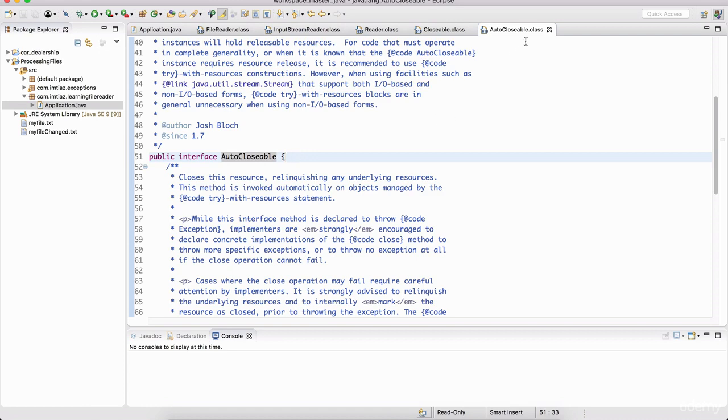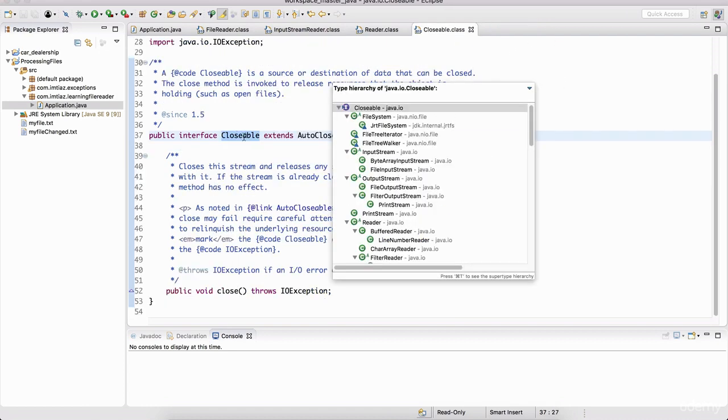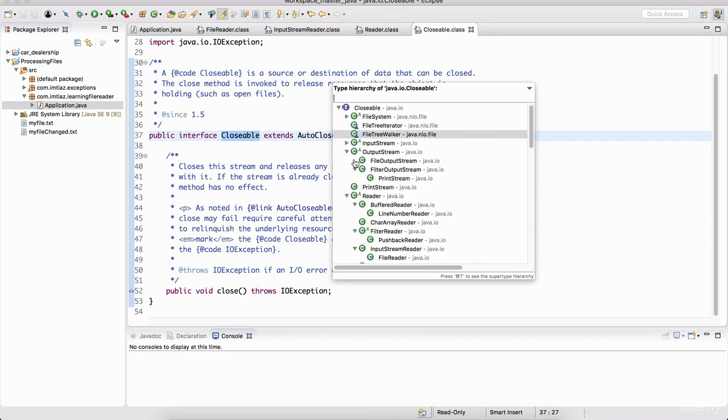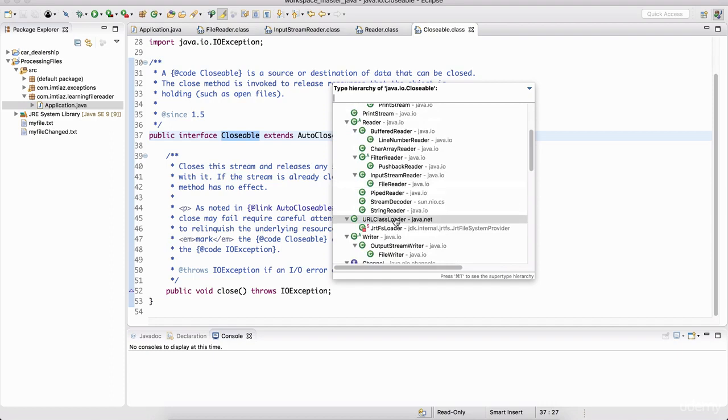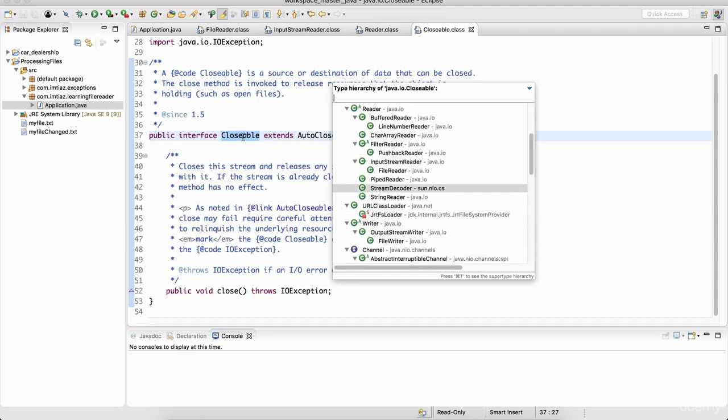So if you type Control-T while your mouse is on AutoCloseable, you'll notice that it brings up all of the classes that are implementing this interface. We've got the file system, file tree iterator, the input stream, output stream, all of these classes, there's a bunch of them. They all implement the closable interface because they have the close method. And since they implement the closable interface, they're also inheriting the behavior